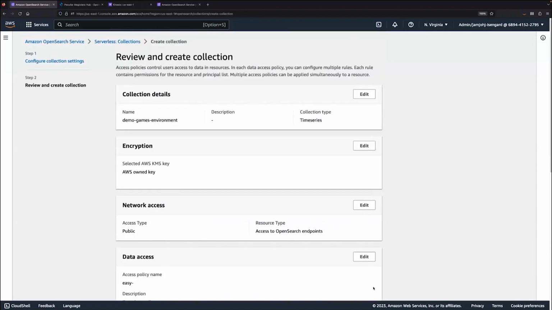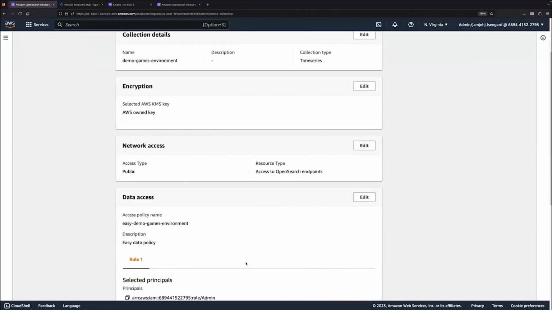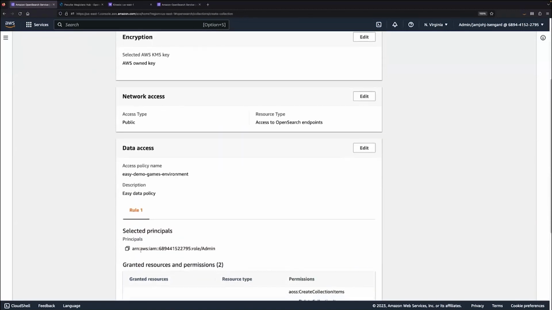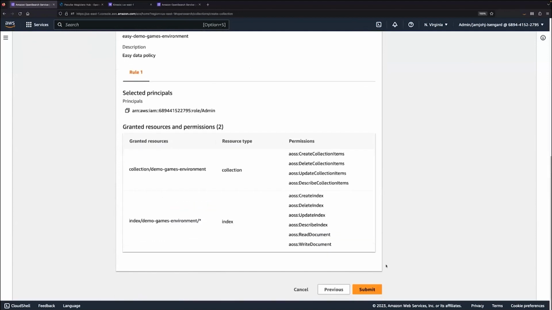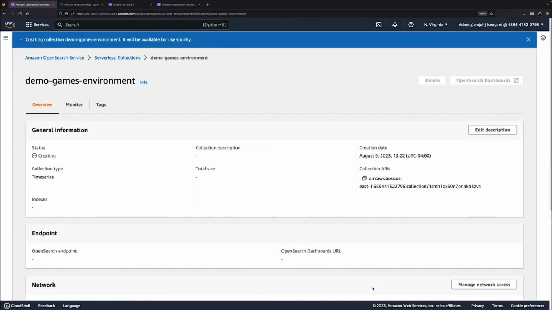As I select next, we'll see all of those details. We'll see which principal has access to this cluster and to the data, which is what I'm logged in as here. And I can submit and create that cluster relatively easily. It will only take about 3 to 5 minutes to get that up and running.